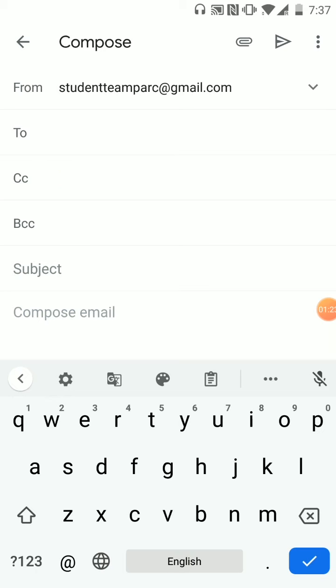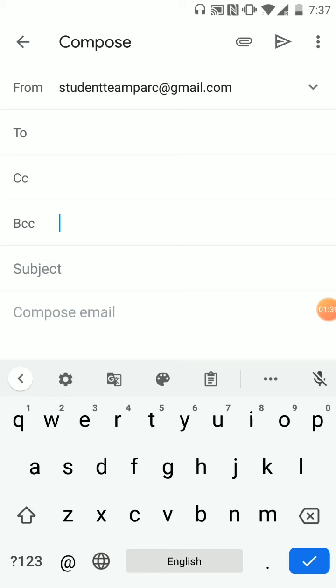The third option is the blind carbon copy option. The BCC option allows the sender of a message to conceal the person who has been entered in the BCC field from the other recipients.